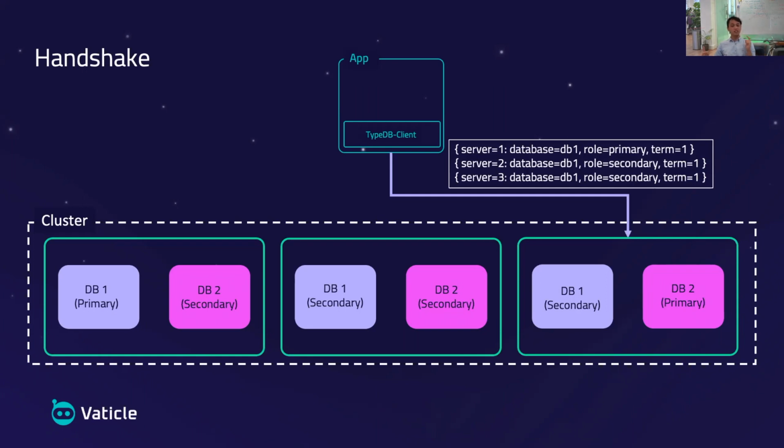Actually, the TypeDB client doesn't need to know about the address of all the servers. It just needs to know one of them. And what's going to happen is when the application requests TypeDB client to connect to the cluster, giving an address of any one of the servers, the client will perform this handshake step where it connects to one of the servers, and the server replies back with the address of the remaining members in the cluster. So in this case, the TypeDB client is supplied the address of server 3 by the application, and server 3 will respond with the address of server 1 and server 2.